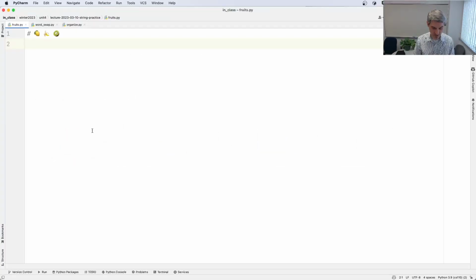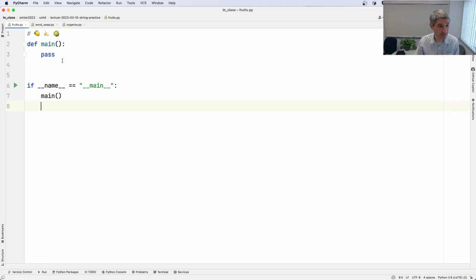So come over here, here's our file, fruits.py. Empty file, what do you just start with? def main, pass, if __name__ is equal to "__main__", call main. Great. So now in here we've got our loop, while True.